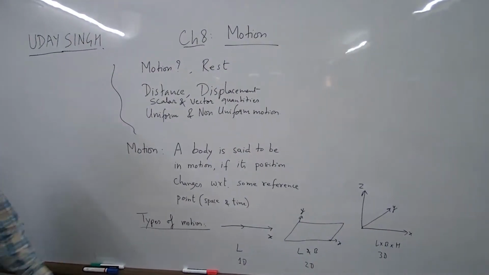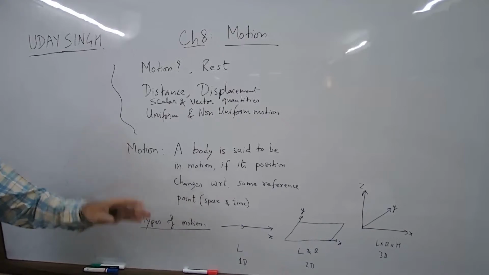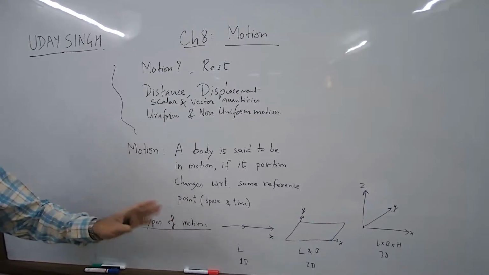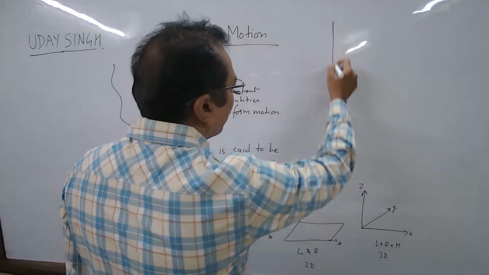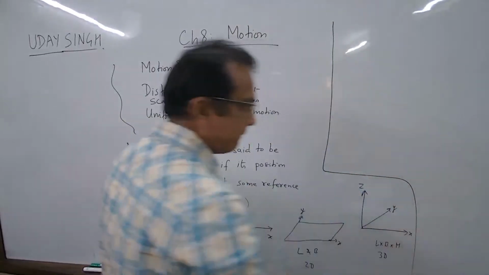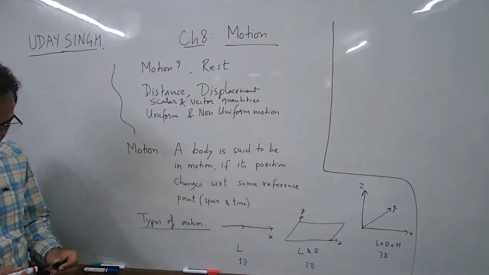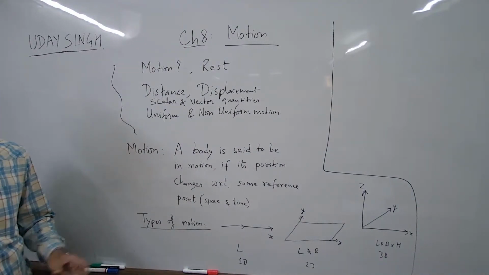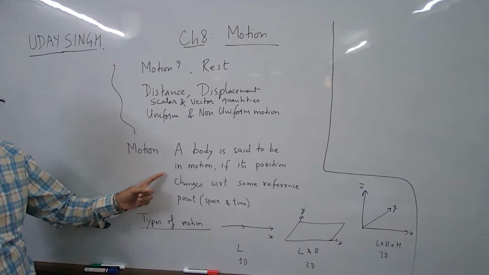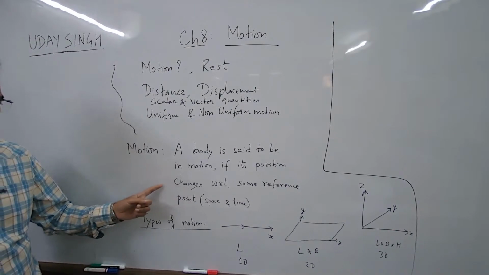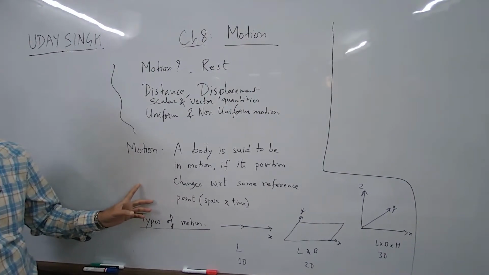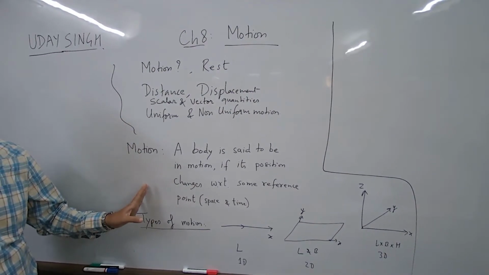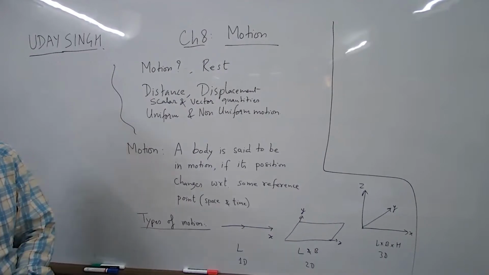So why I am telling you all this is there will be references, and whenever I am referring to 1D, 2D, 3D, you should understand. So motion, everybody understood? So when do we say the body will be at rest? At rest, if its position does not change. So by comparison, you understand what is the meaning of a body at rest.